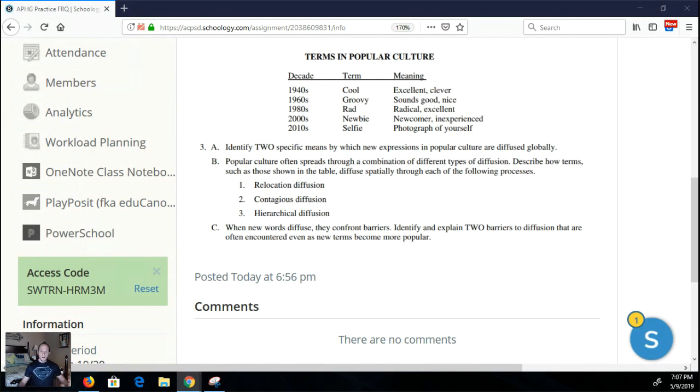So the fact of the matter is the space hasn't changed, but the time has compressed, so that there's not as much time involved in going great distances. Airplanes, trains, cars are all things that have contributed to what we are looking at here as space-time compression. Distance decay is the idea that simply the further away something is, the less likely you are to interact with that place directly.